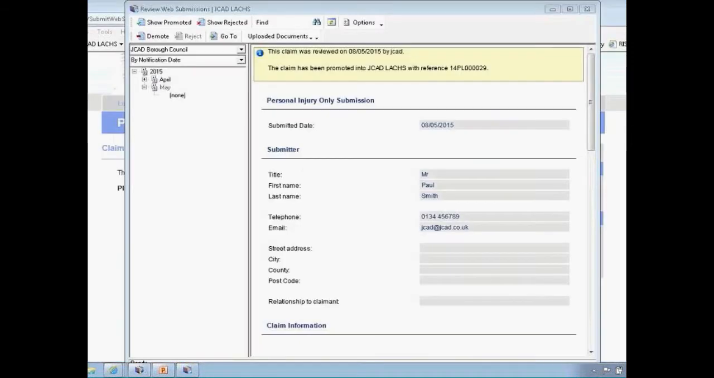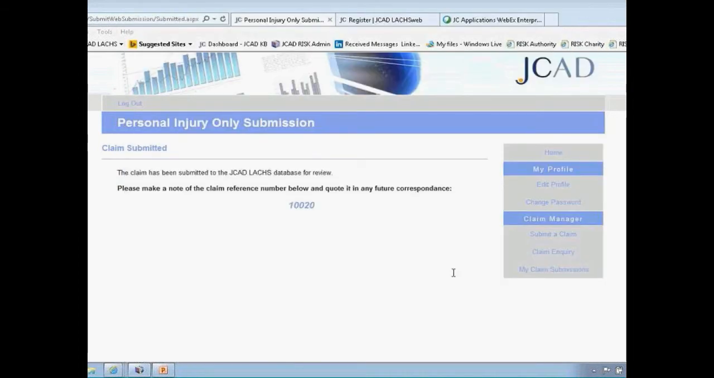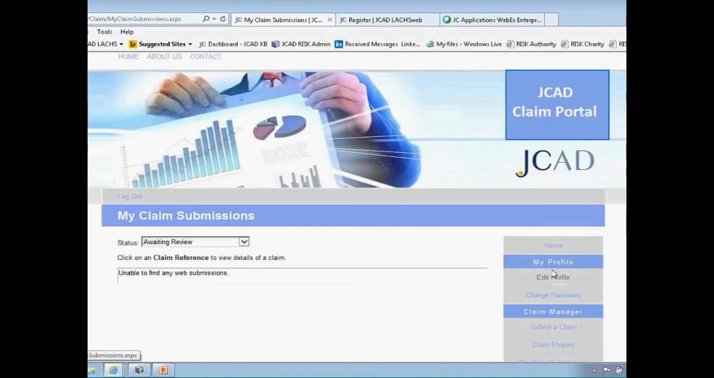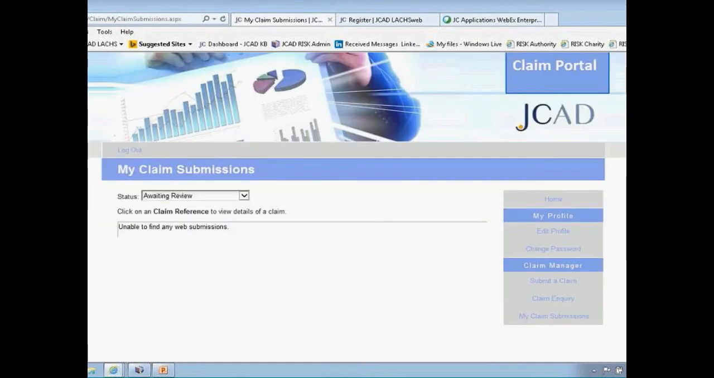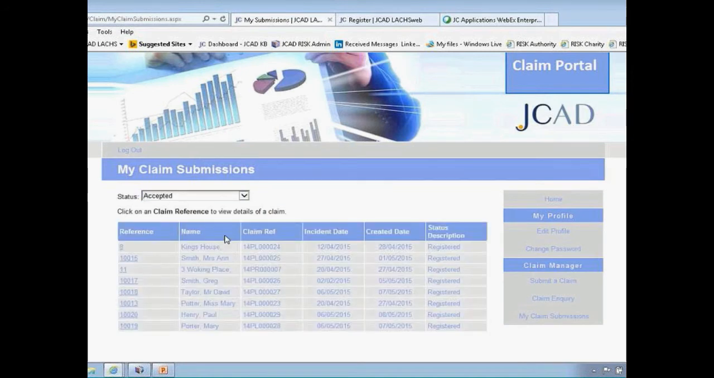Okay, I'll now come out of there and go back into our record. If we review my claim submissions, we can then see from that particular claimant whether they've submitted claims previously. We know that that's been accepted, so I'll look at those that have been accepted, and again I can see all the claims that I've processed over the course of time. If I look at this one specifically,